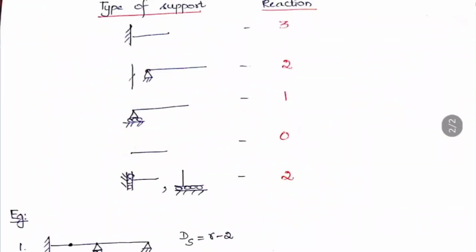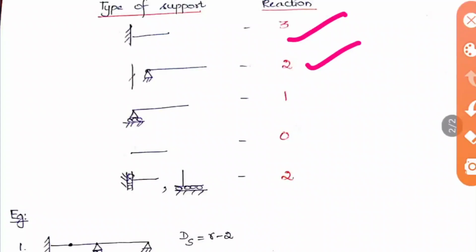So we already know these types of supports and reactions, I am just telling it again. For a fixed beam or fixed support it is 3, for hinged support it is 2, and for roller support it is 1. For free end it is 0, and for horizontal shear or vertical shear it is 2. The shear supports means without this triangle they will be giving the support directly. Okay.